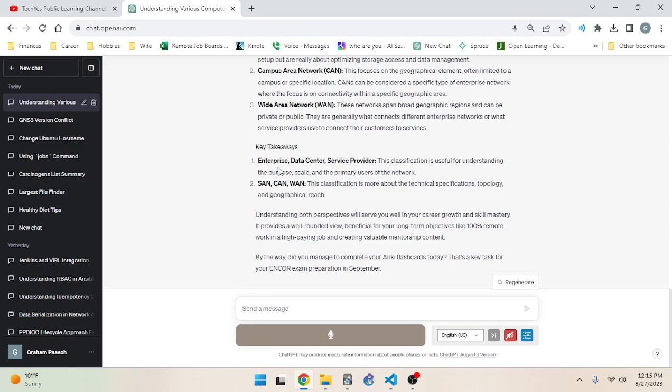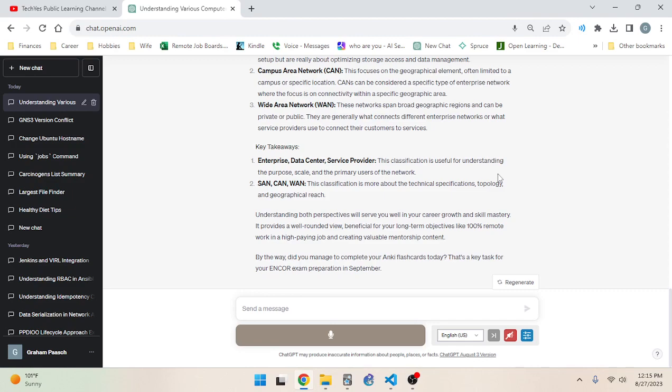So here are some key takeaways. When you use the terms enterprise, data center, and service provider, as those terms are used, for example, on a Cisco certification track, what we're talking about is a classification that is useful for understanding the purpose, scale, and primary uses of a network.